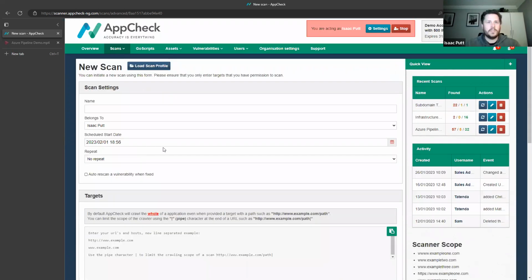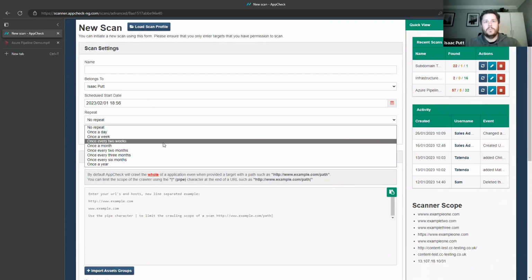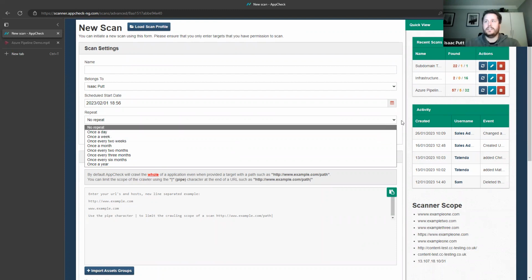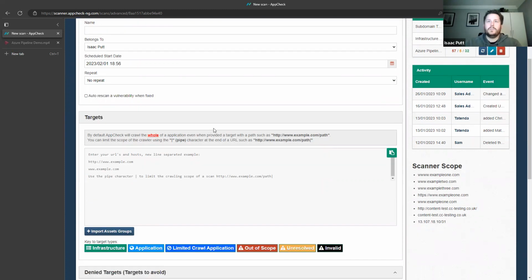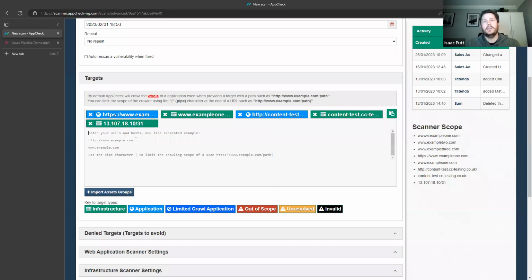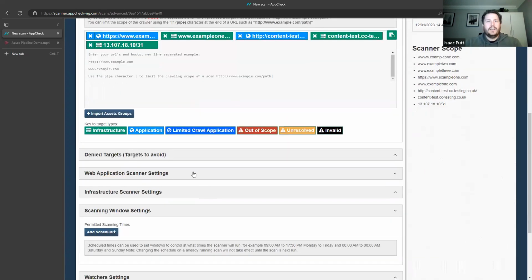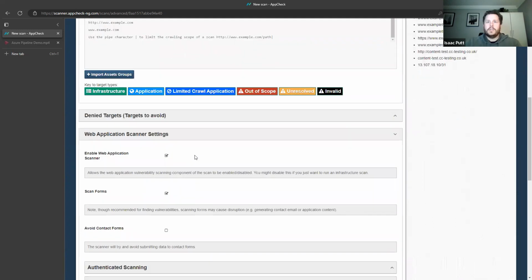So with this setup, setting at the times that are necessary, just goes back to that recurrence here as well. Once a day, once a week, once every 2 weeks, whatever you feel is necessary to give you that visibility and control of what's being tested. If we go down to targets here, we've actually then got the scanning scope that we would test. So if I just copy and paste, this really is the exercise to define the targets. Of course, these are predefined in order enabling us to test targets that we physically should be testing. But in reality, it will differentiate between infrastructure and application here to tell you obviously the nature of what targets we're testing. And then there's a lot more advanced configuration work that can be done.